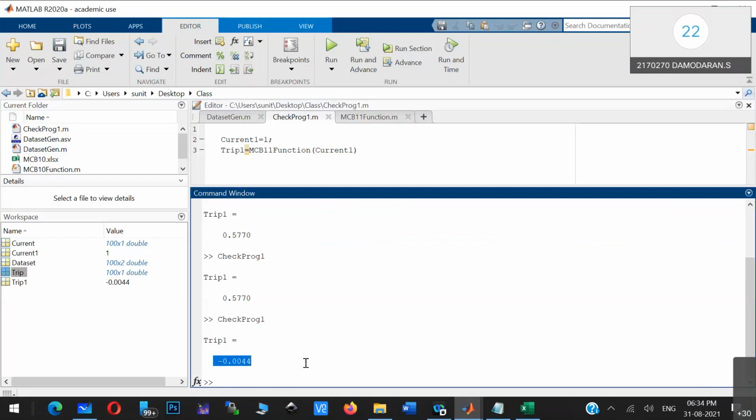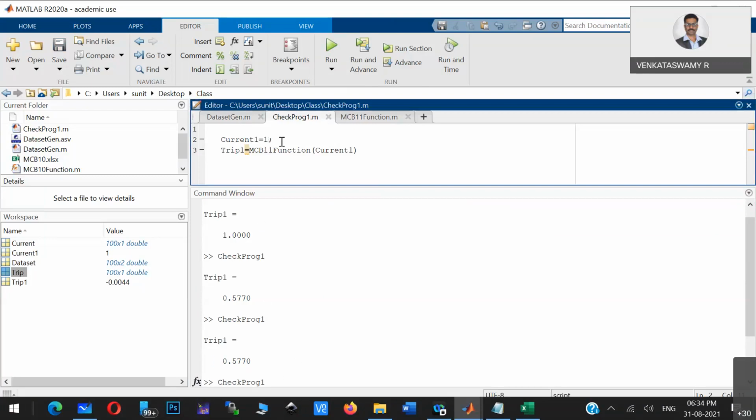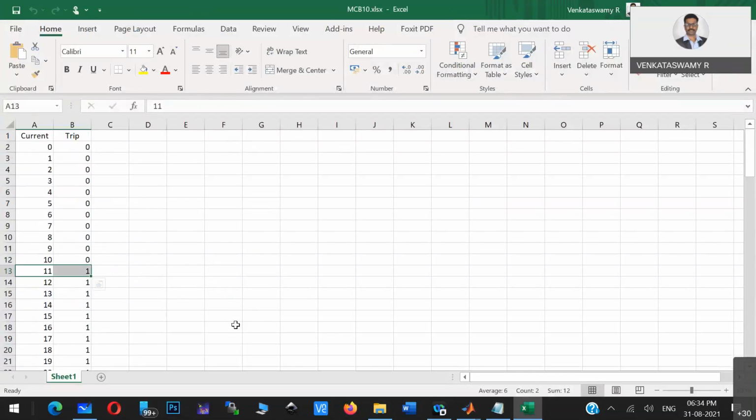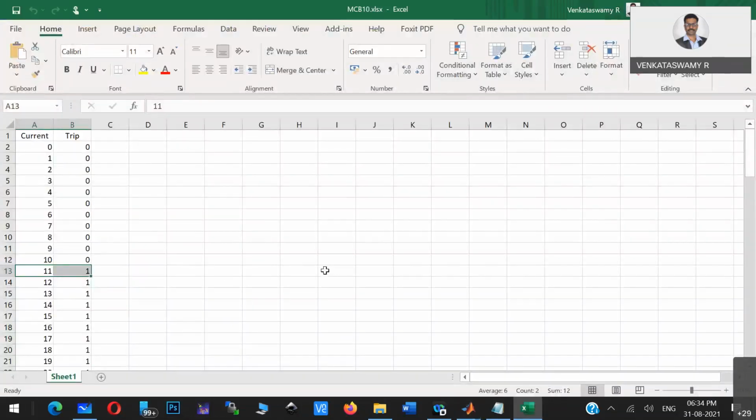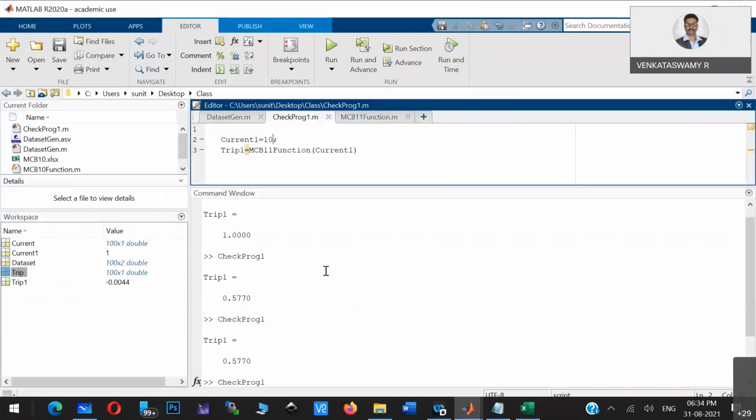This is the point where I have to tell you something. Somewhere near 10 amps, the 11 amps is the MCB rating. We don't have too many values near that 11 amps. If I have more values, the learning will be good. Here I have only 100 records. What will it learn? It won't learn properly using this very small data. If I give more data near that 11 and 12, then it will understand. Otherwise, I would have to give values near 0 only. Correct?